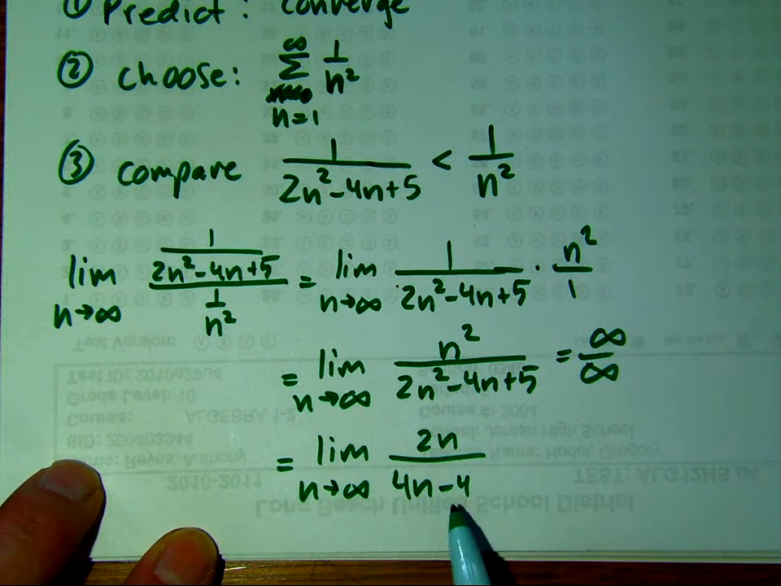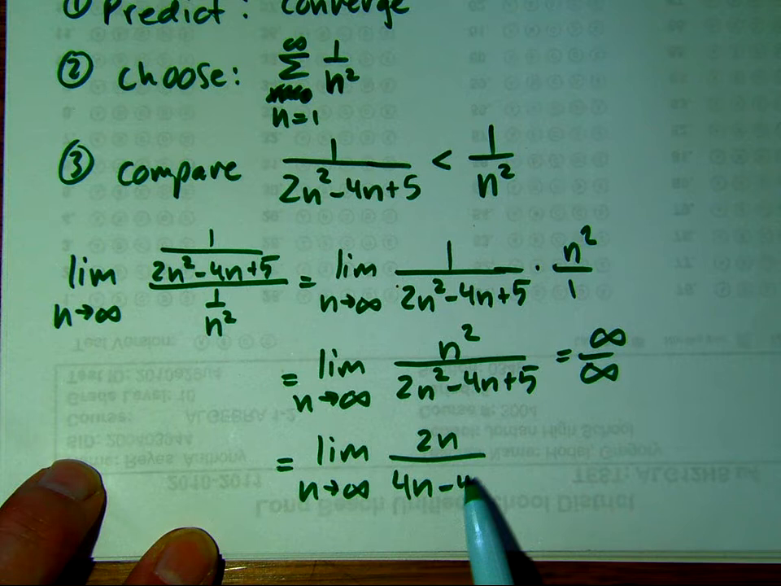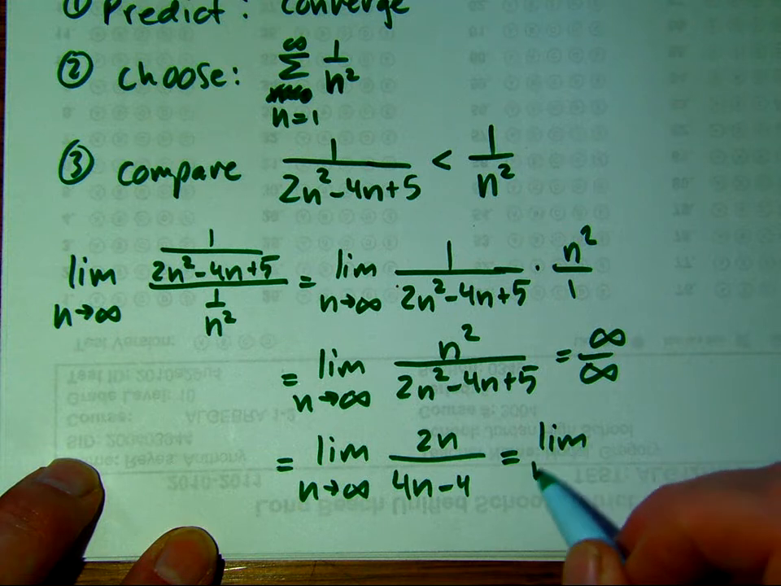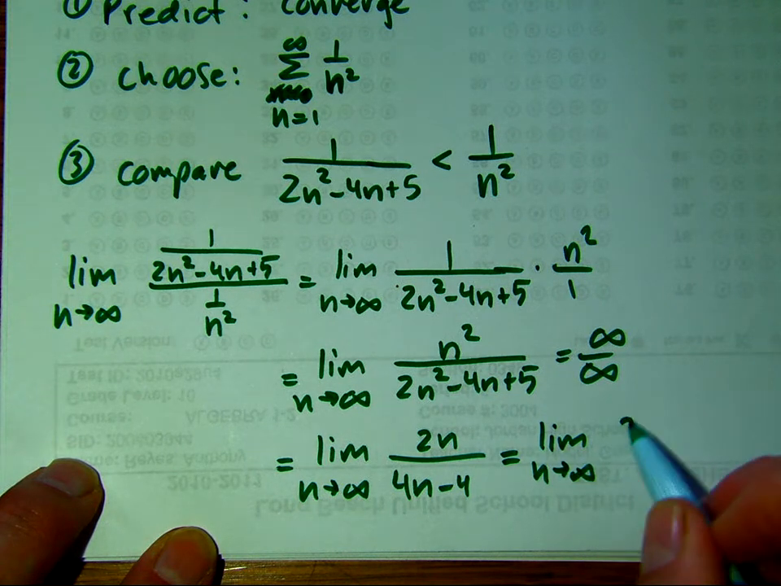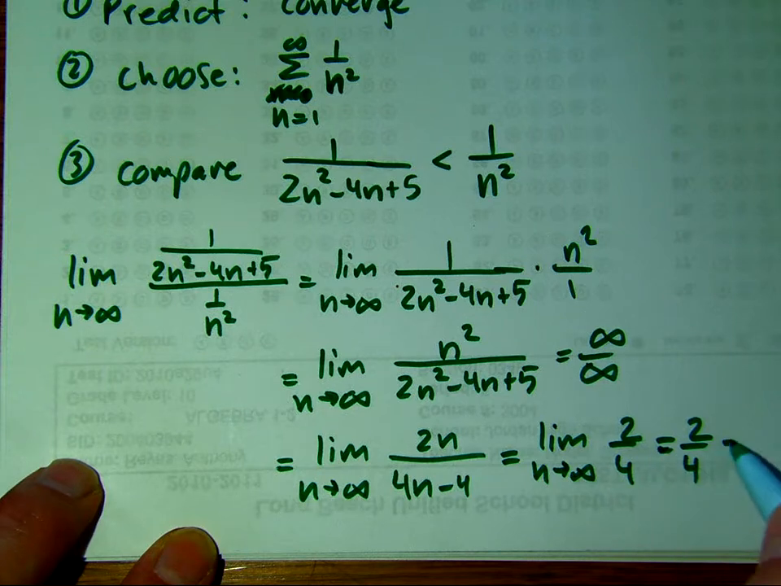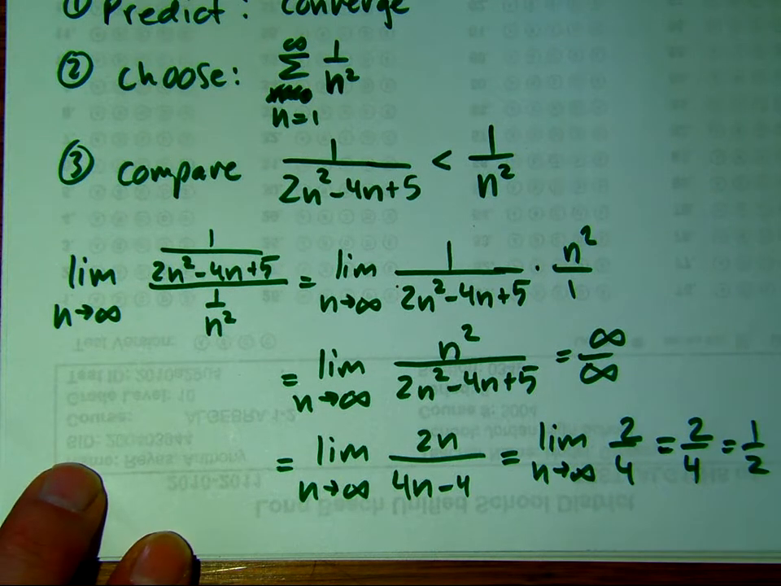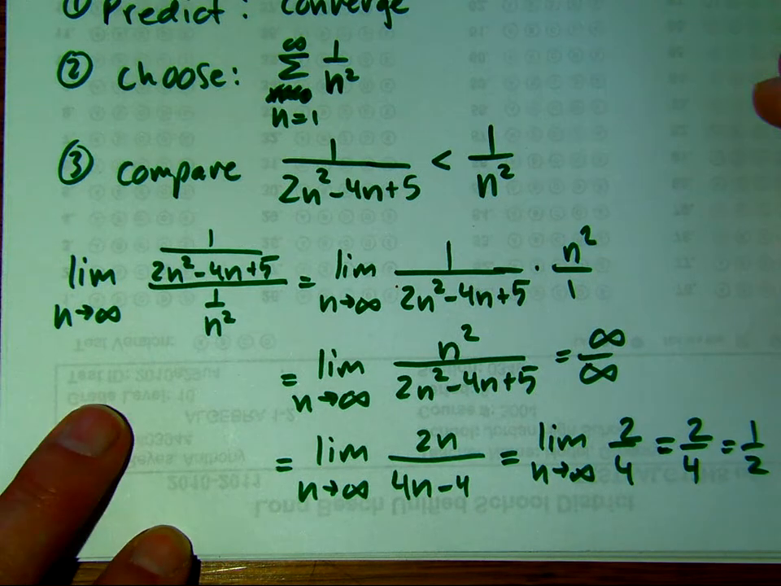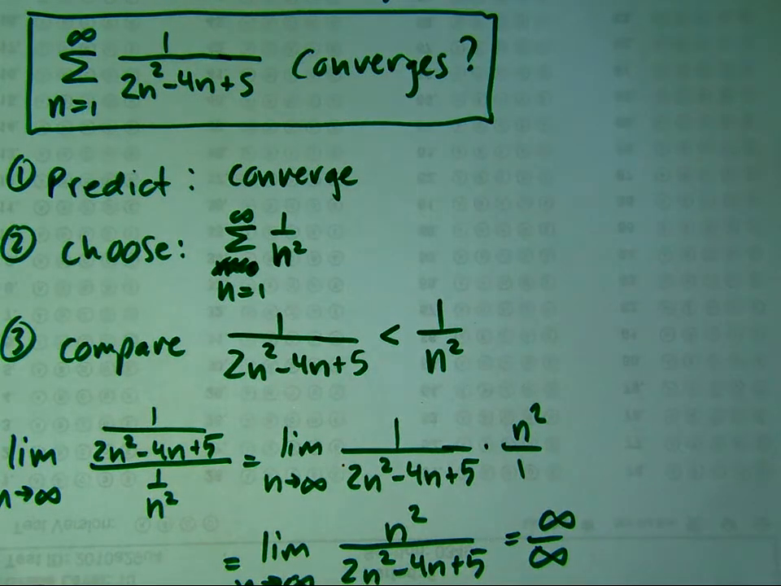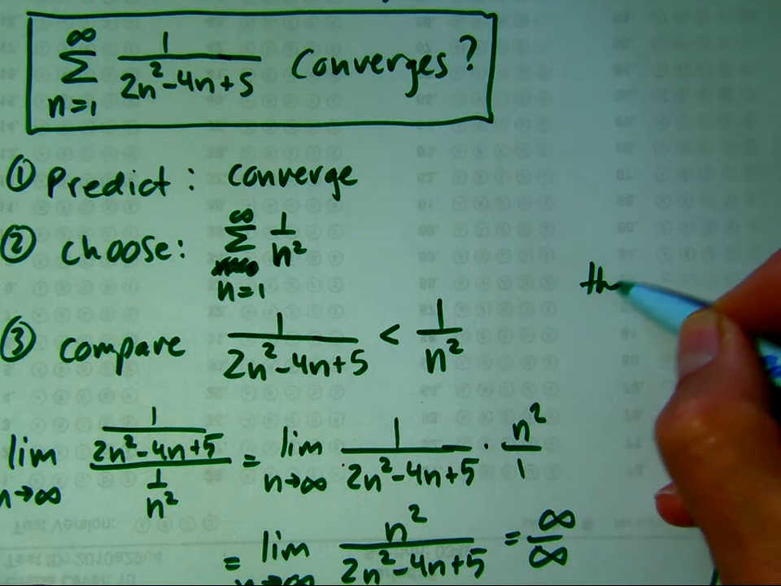If we evaluate at infinity here, we still get infinity over infinity. So we can do L'Hopital's rule again, which will give us 2 over 4. And the limit is 2 over 4, 1/2. The limit is a positive number, so we know both series do the same thing. Since this converges, this also has to converge. So we say, therefore,